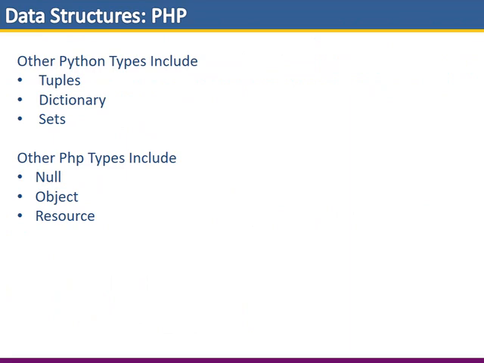From the example here, we can see other Python types, such as tuples, dictionaries, and sets that we have discussed in 201, and we can see other PHP types as well that include numbers, objects,